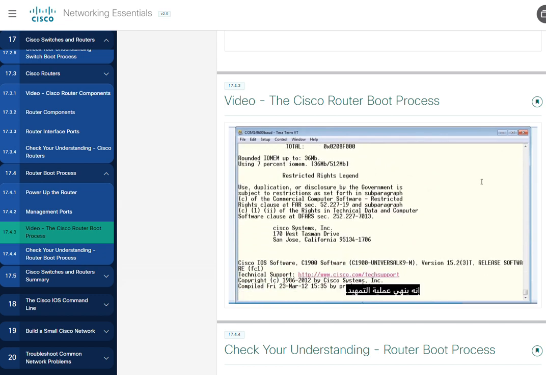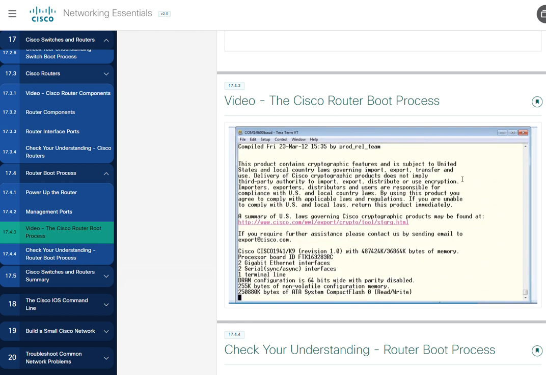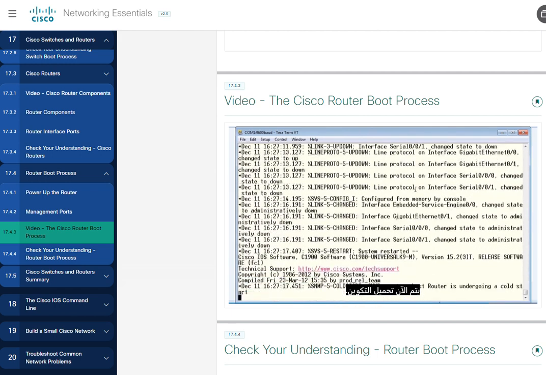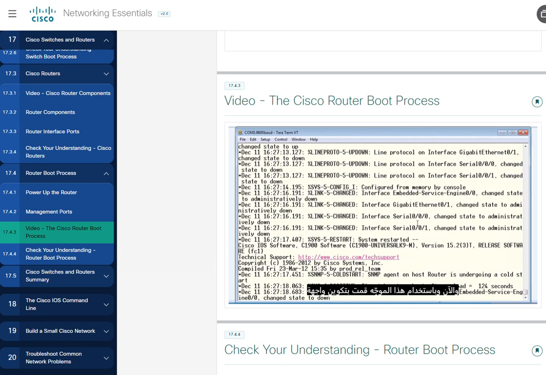It's finishing the boot up process. It now recognizes that we are running the Cisco IOS software version 15.2, subrelease 3. At the bottom here, you can see that the flash memory on the router has been recognized, and now the configuration is being loaded. Now with this router, I've configured one interface, and that is the GigabitEthernet 0/0 interface. So if we look here, I'll scroll up slightly,